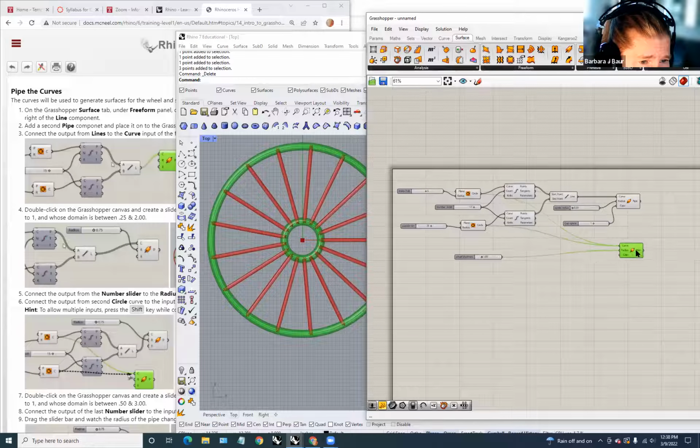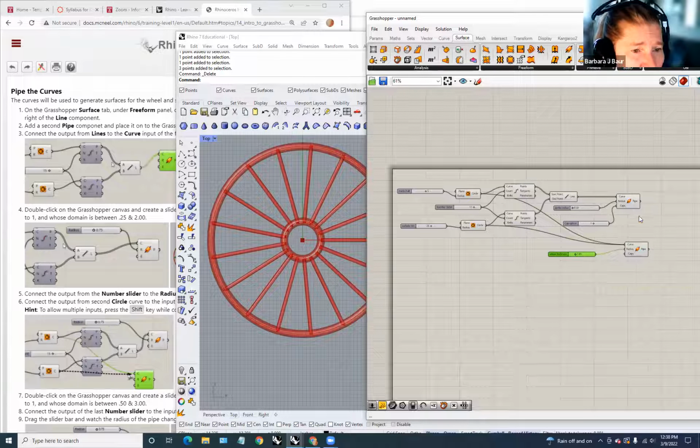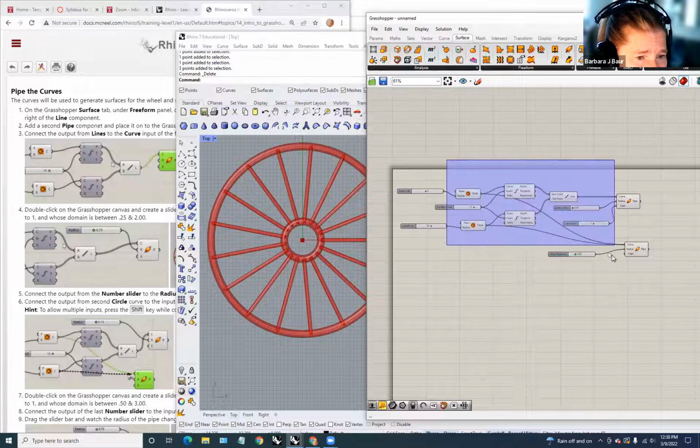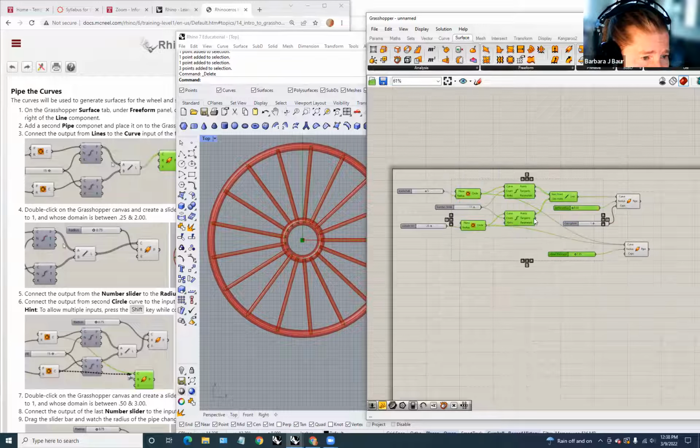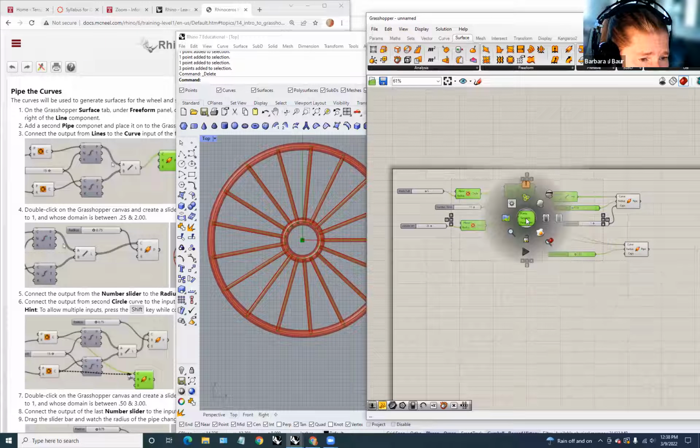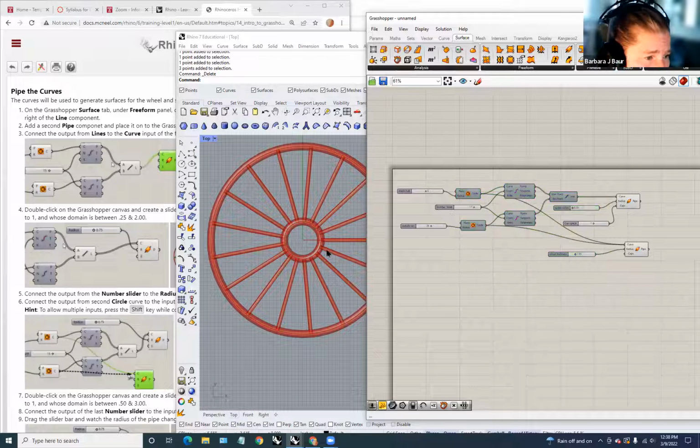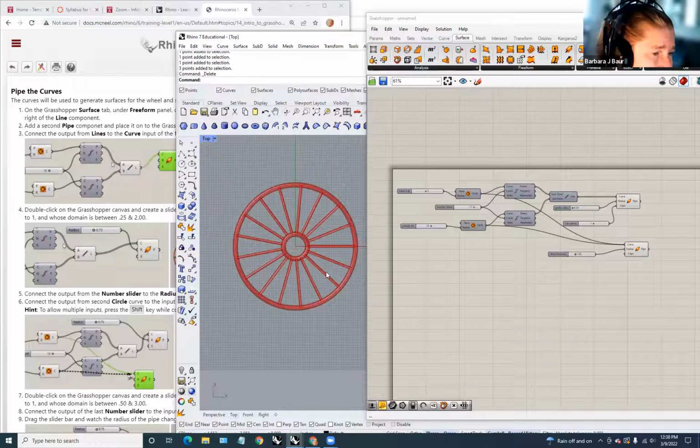Here's our end. The end surfaces are really all that we want to display. So we're going to take all of these parameters, select them, and push down on our middle mouse button, and choose the blindfold guy, which means that they're not previewed. So now we don't see those